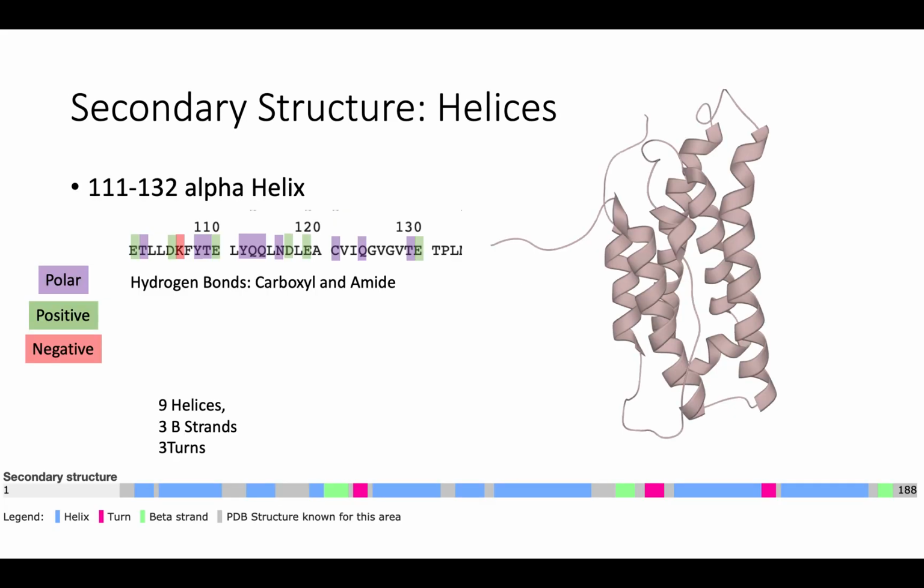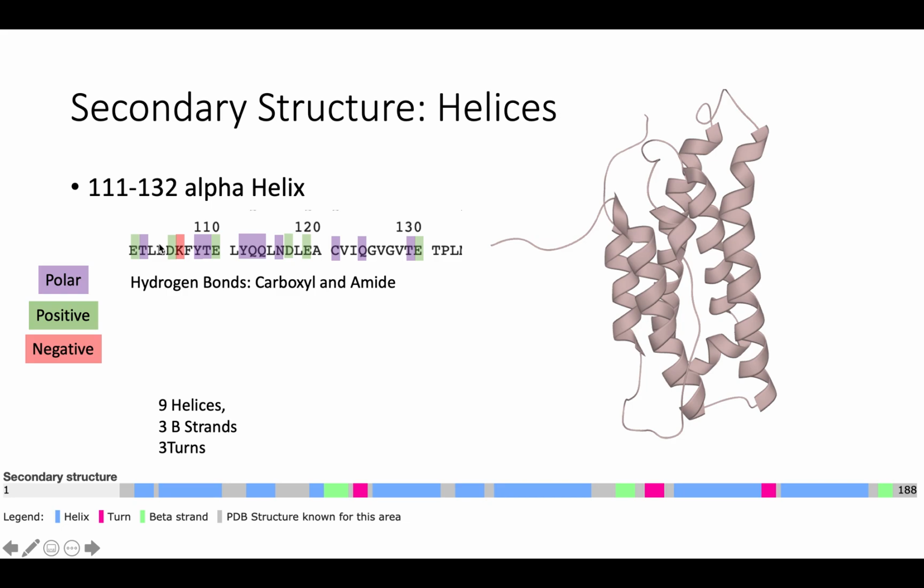salt bridges. So the secondary structure, we can tell from this 3D representation that there's a lot of alpha helices. Those are held together by hydrogen bonds between the carboxyl and amide of the individual amino acids. And we can also tell this